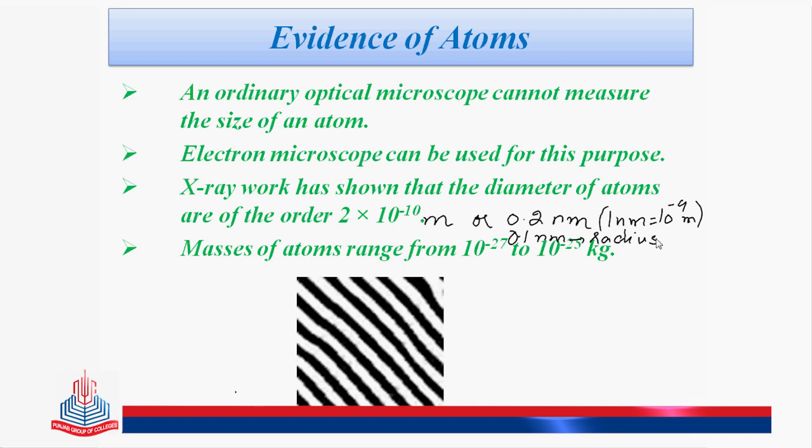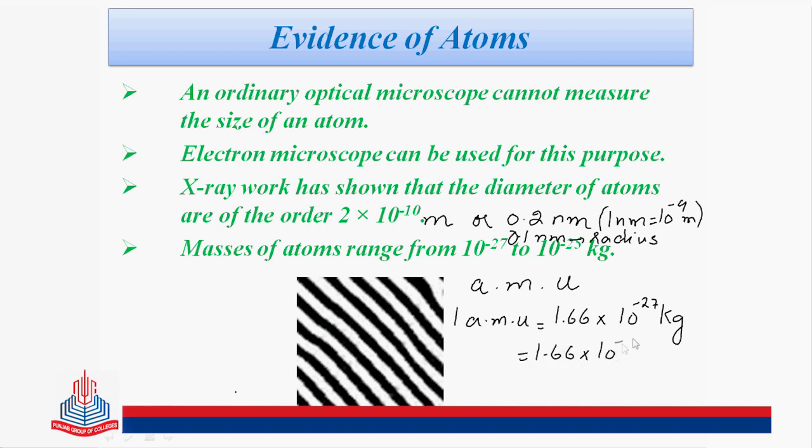As we were talking about the atomic masses, they are often expressed in atomic mass unit, abbreviated as AMU. याद रहे that 1 AMU is equal to 1.66 into 10 raised to the power minus 27 kilograms. This value is very important and it should be memorized. अगर हम इसी वैल्यू को kg के बजाय ग्राम में शो करना चाहें, it will be 1.66 into 10 raised to the power minus 24 grams